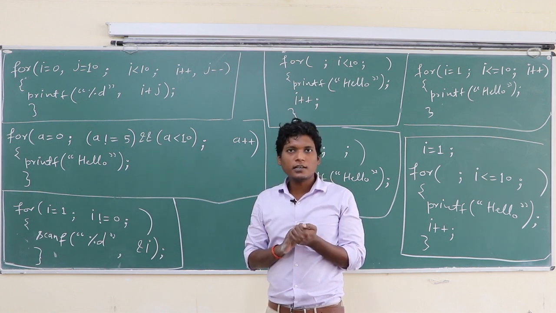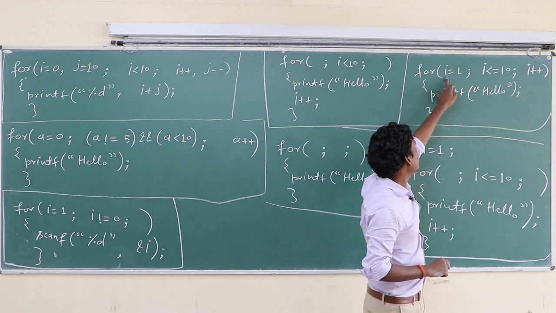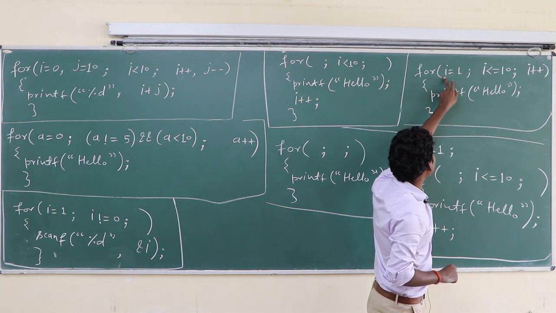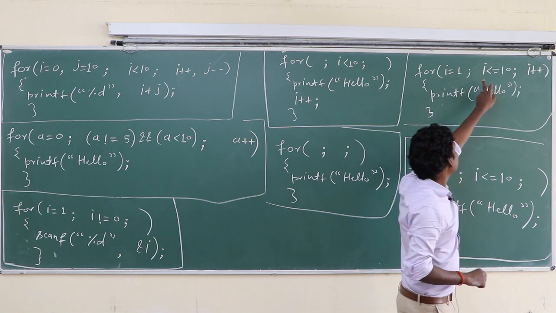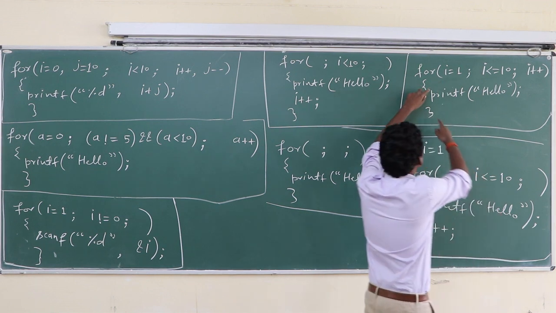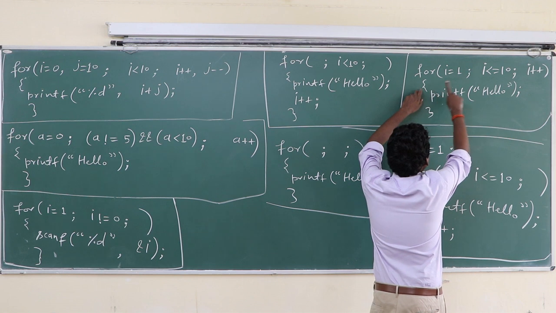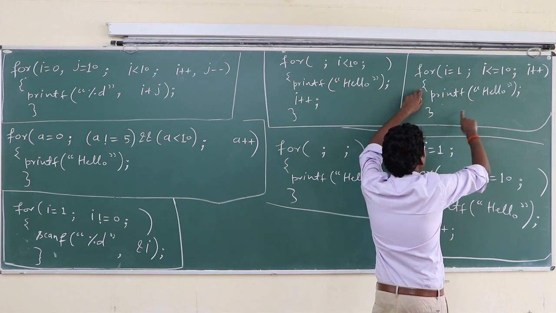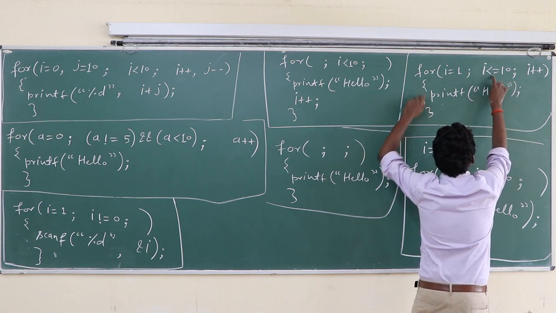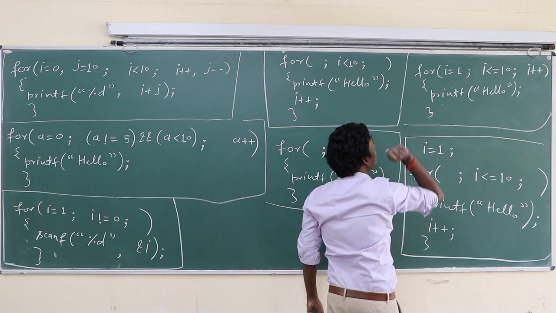For loop has three sections. First one is the variable initialization, class. Section first is the variable initialization. Here I have initialized i with value 1. Second section is the condition. When this condition is true, the set of statements within the for loop will be executed. And this loop executes again and again till this condition is true. When this condition becomes false, control exits from this loop.